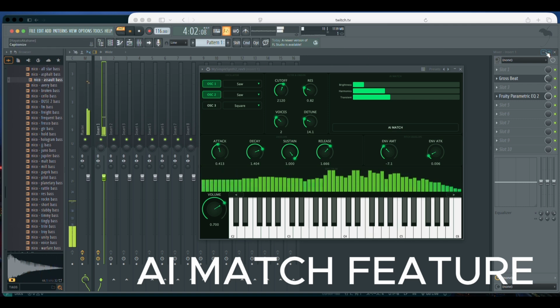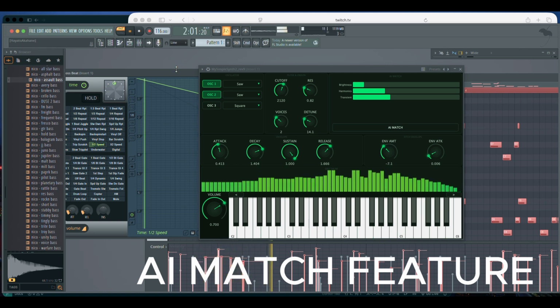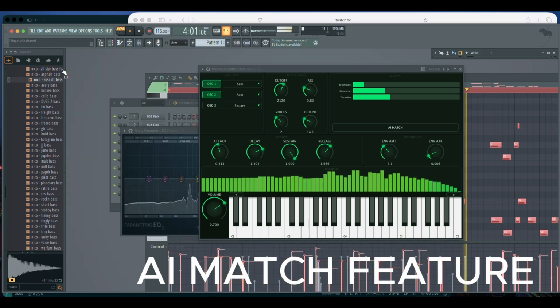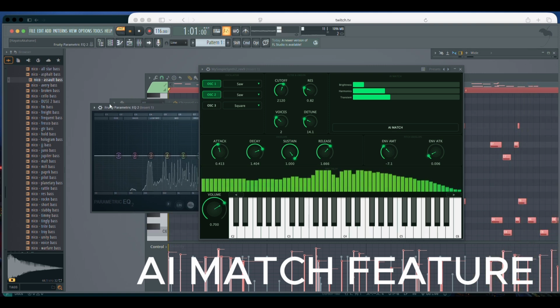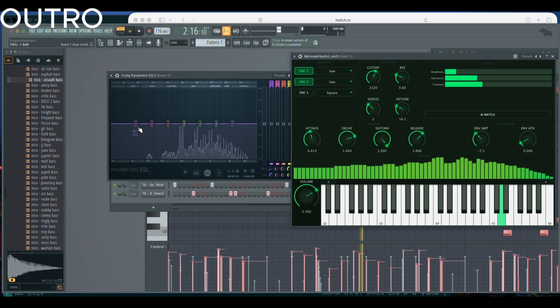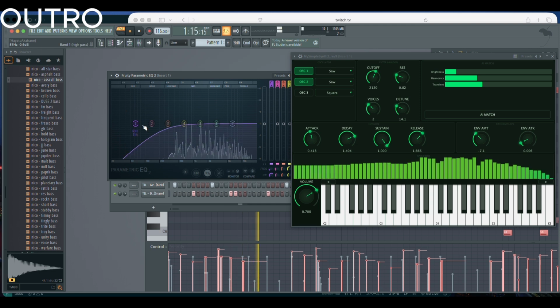So that's my Simple Synth: three oscillators, four waveforms, per-voice low-pass filter, unison, two envelopes, 16-voice polyphony, a real-time spectrum analyzer, and AI-powered tone matching,